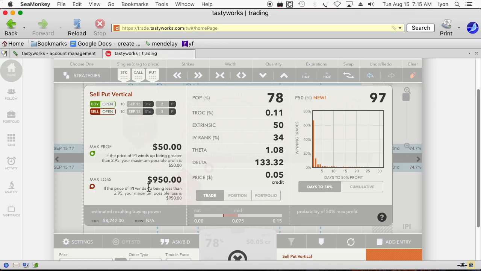Now let's assume that you want to look at the max loss. So you've got to back out from that the $950 times the probability of a loss, which might be only 22%. Well, 0.22 times 950 comes out to be a number, and that number is 209. So back out from the $39, the $209, and you get minus $170. That, if you use this probability, is what you can expect to return, assuming it's either you make money